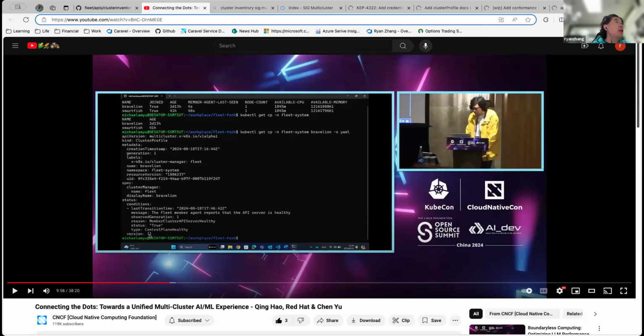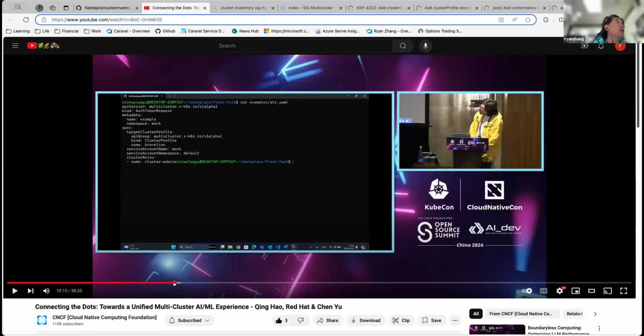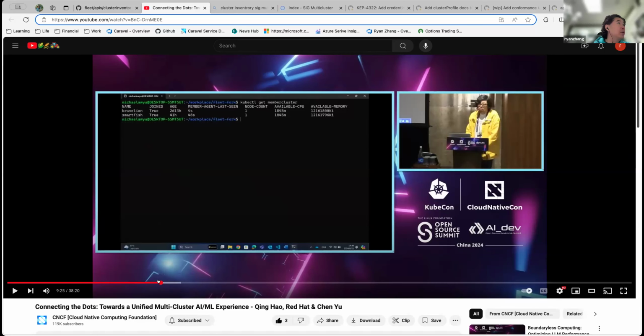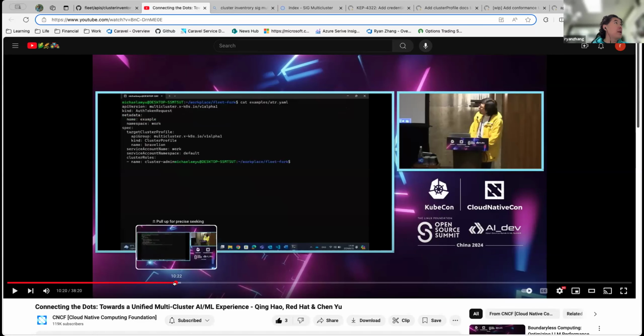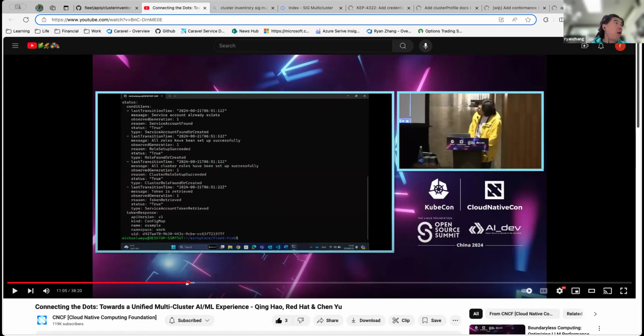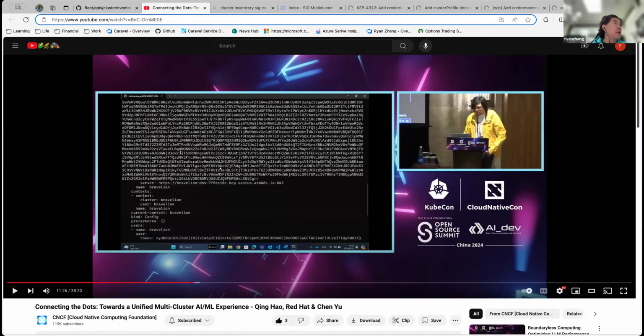Oh, this is not there yet. I think this is still at the beginning. Okay, so this is the token request. Initially we have the cluster profile, and then someone will do the request. I cannot find it anymore. Then the token request is assigned, and then we generate the kubeconfig,